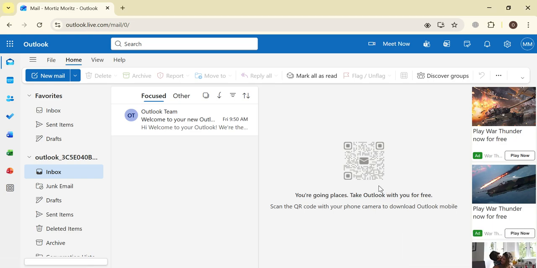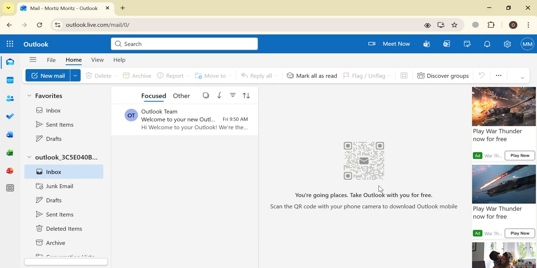In today's video, we are going to explore how you can use Microsoft Outlook to automatically organize your emails and keep your inbox clean and manageable. If you receive a large number of emails every day, such as work messages, newsletters, and notification updates, manual sorting can quickly become overwhelming. Outlook offers powerful automation features to solve this problem. In this video, I will show you step by step how to create rules in Outlook, automatically move emails into folders, prioritize important messages, and reduce inbox clutter.